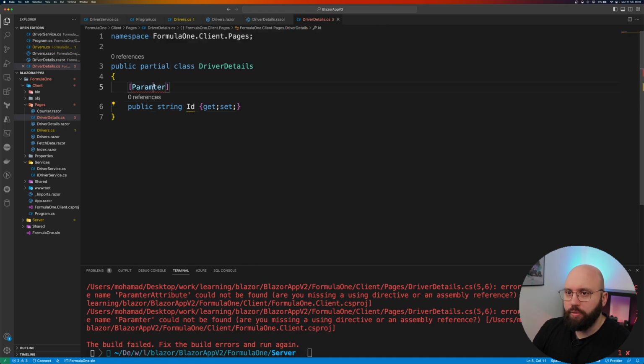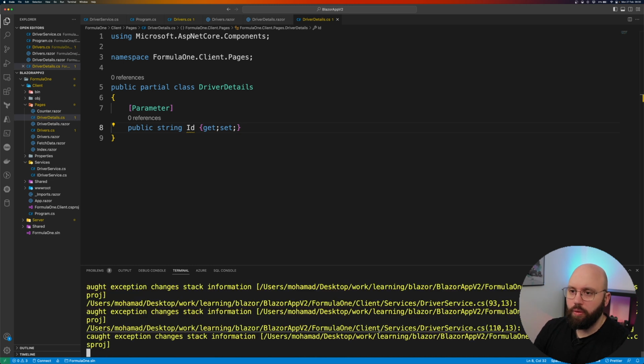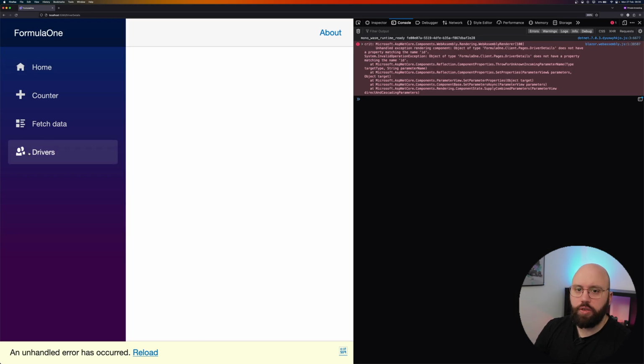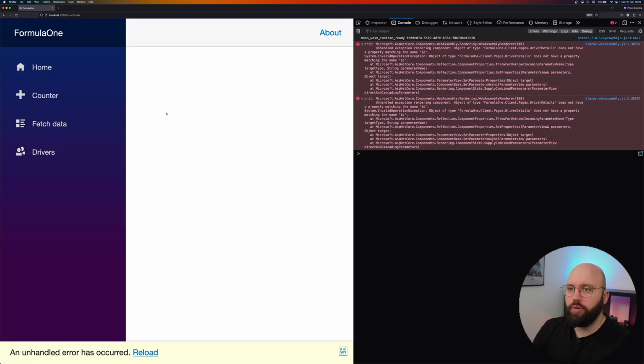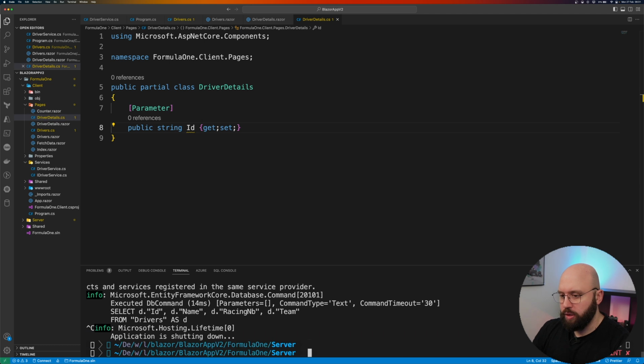Oh, I have a typo. Parameter, I think that should be fine. Yes, that's exactly it. And right now, if I run this, if I go back to my web browser and let's go back to drivers and I click on add a new driver, it's still okay. Let me just clean